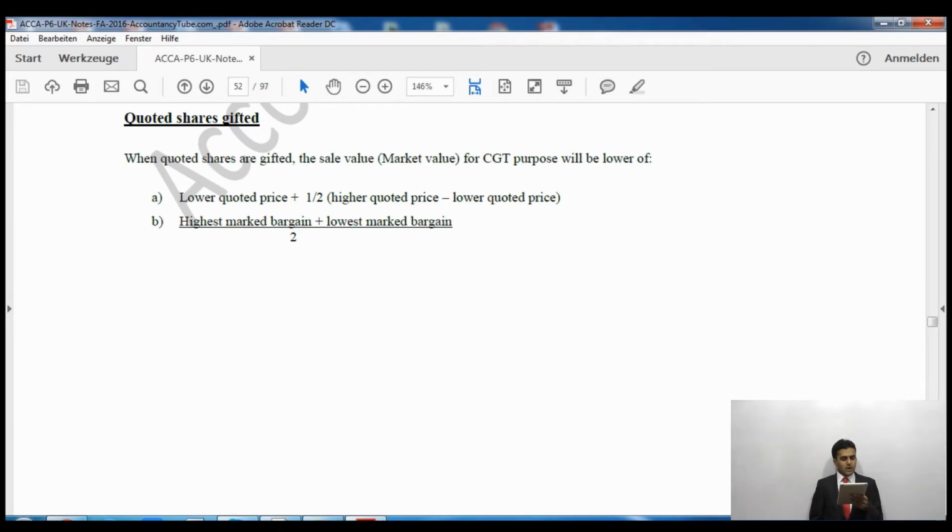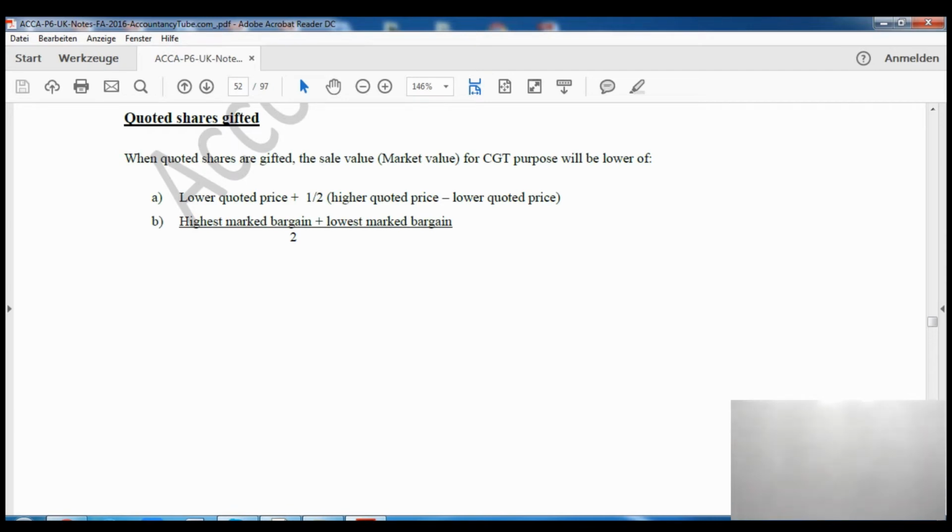Now, lower of what two? The first one is the lower quoted price, plus 1/2 of the difference between the higher quoted price and the lower quoted price. The higher quoted price and lower quoted price will be given to you in the exam. So you take the lower quoted price plus 1/2 of the difference between the higher and lower quoted price. And the second one is the average of marked bargains. The highest marked bargain and the lowest marked bargain will be given to you in the exam, and you need to add both of them and divide by 2, which gives you the average of marked bargains. So we'll take the lower of these two, and that will be our market price of quoted shares,